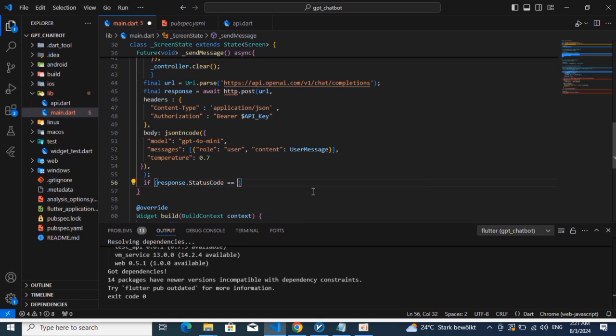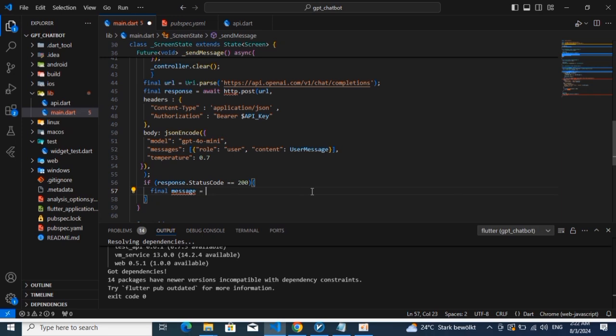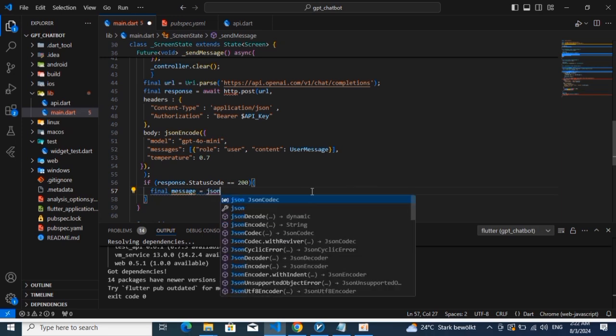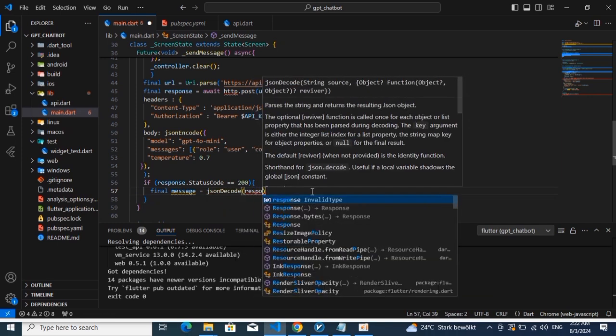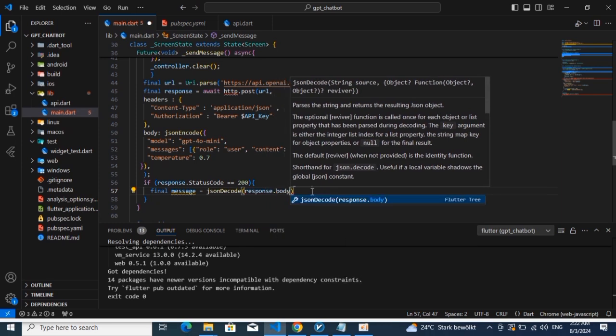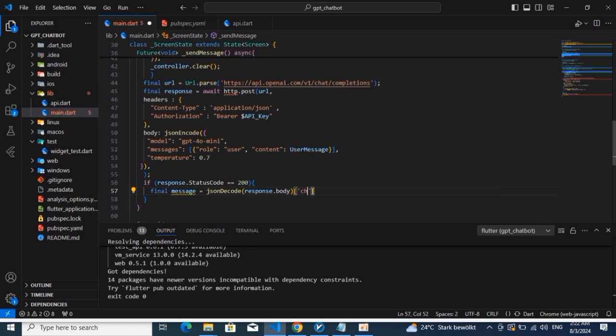So we have to use this conditional statement, and say if the response status code is equal to 200, it means that the request has been sent correctly and the OpenAI website responded to us correctly. So then we can use this response and decode it with the JSON decode function,